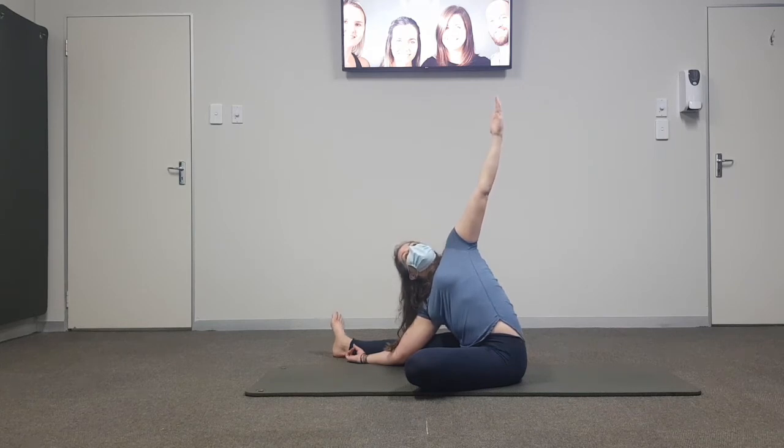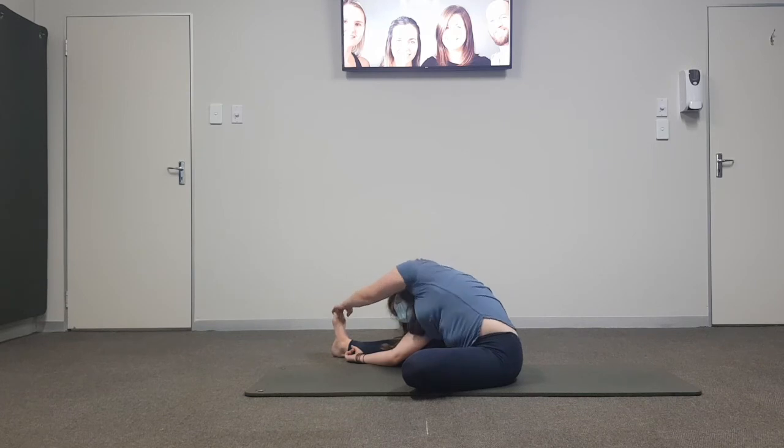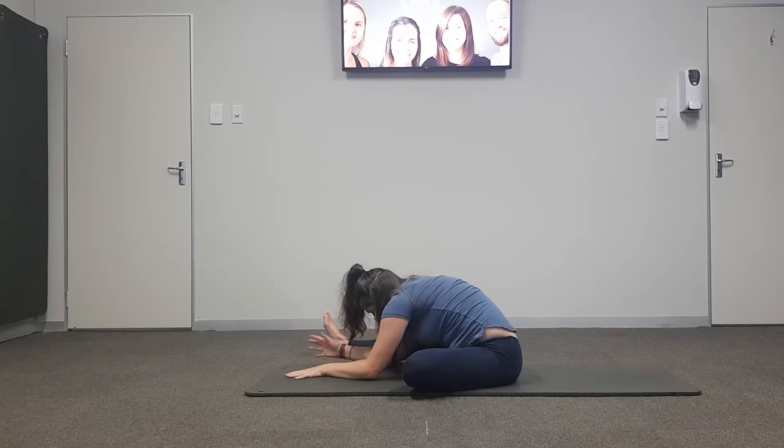We flex the right foot towards face, we take the left hand over, and we attempt to grab hold of that foot, and we try and draw the elbow into the floor. Breathing into the side body here is tough, but very valuable. Inhale, and exhale. Inhale, and exhale. Rotate your body so that your chest is down towards the floor,